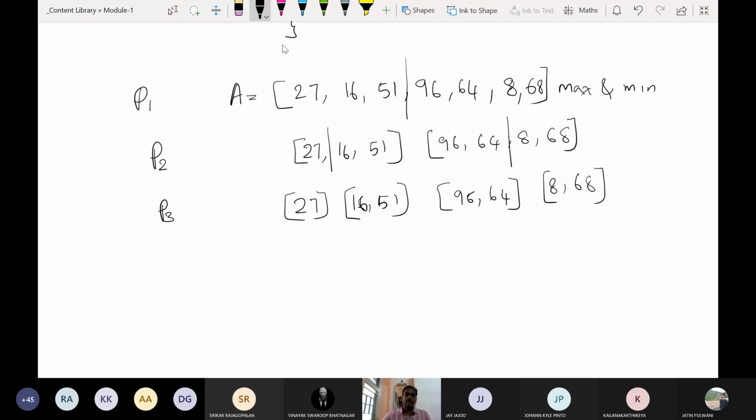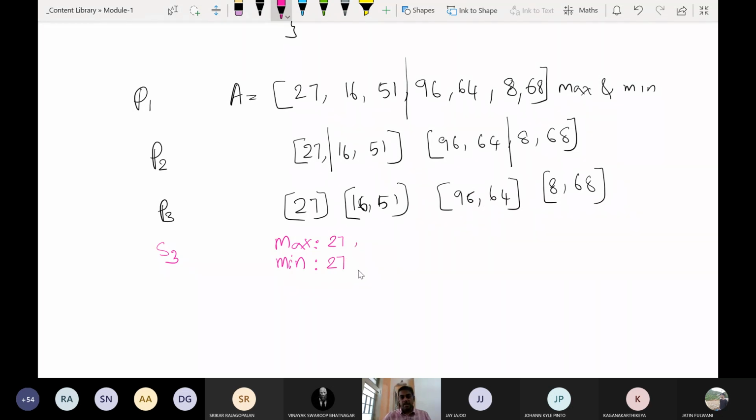This is now solvable. So now let us solve the problem P3 to get the solution S3. Maybe I'll write solution as S3. So S3 is the solution that we get, where we can have a maximum value and minimum value. So what is the minimum value and maximum value in the first subproblem of P3? P3 has 1, 2, 3, 4 subproblems. Out of this, the first subproblem, what is the minimum? What is the maximum? 27. Both are 27 because it is a single element array. So maximum and minimum are 27.